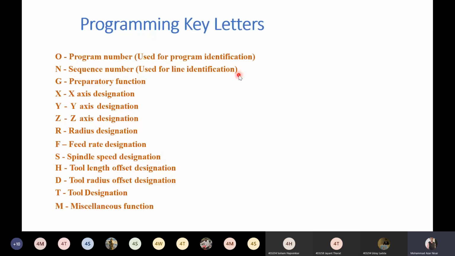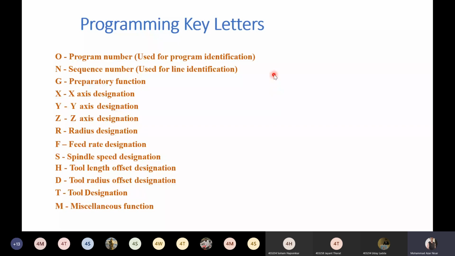So why give this N? Because suppose you have to make an edit or some changes in your profile, you use this sequence number. Suppose I am using N10, then N20 for the second block, N30 for the third block.